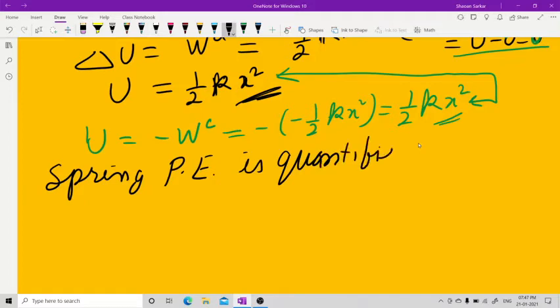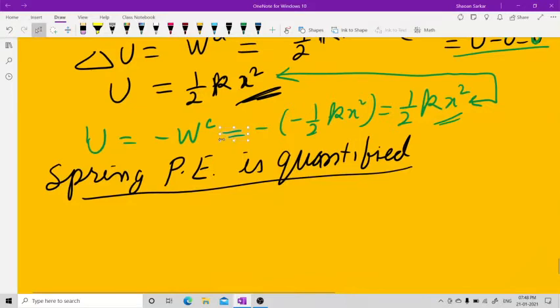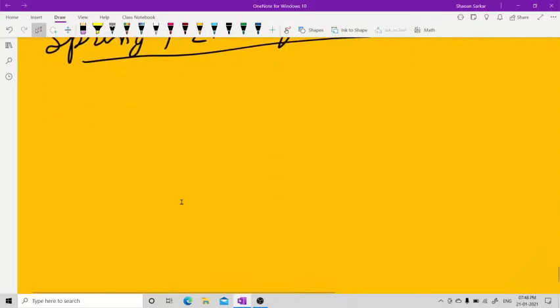Quantified. It doesn't change, whether you find it from the applied part or you find it from the conservative part. Now it is the gravitational potential energy. Now again, the same gravitational